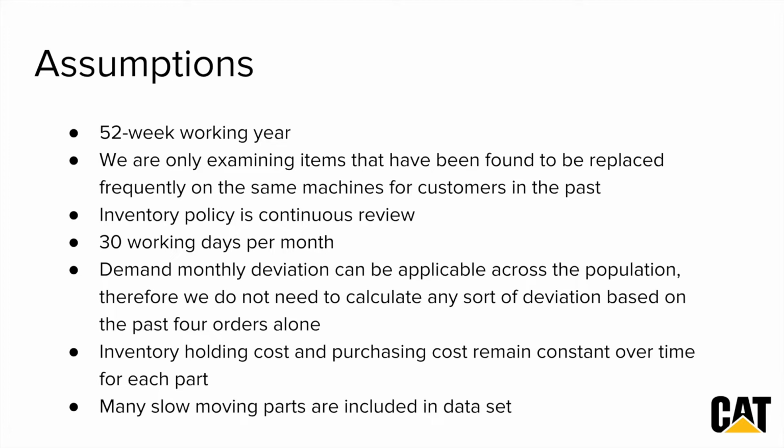Some assumptions that we made during this case were a 52-week working year, that we're only examining items that have been found to be replaced frequently on the same machines for customers in the past. Inventory policy is continuous review. There are 30 working days per month. Demand monthly deviation can be applicable across the population. Therefore, we do not need to calculate any sort of deviation based on the past 4 orders alone. The inventory holding costs and purchasing costs remain constant over time for each part, and many slow-moving parts are included